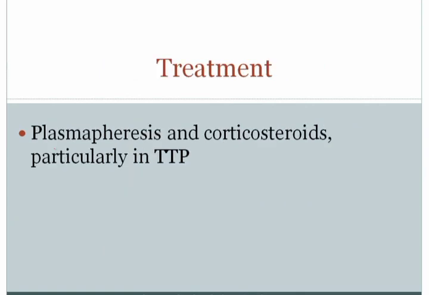The treatment of these disorders, in particular TTP, involves plasmapheresis and corticosteroids. Now, the idea here is that in TTP, the disorder is due to an autoantibody. Plasmapheresis is a mechanism by which you can remove proteins from the blood, and so you can remove, for example, by doing plasmapheresis, the autoantibody against ADAMTS13, which was leading to the problem. At the same time, by giving corticosteroids, what you're doing is decreasing production of the autoantibody, so that would also